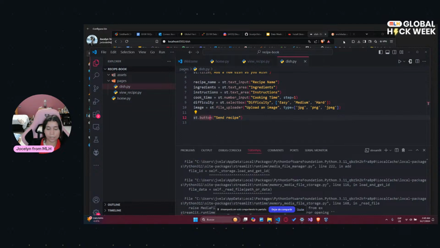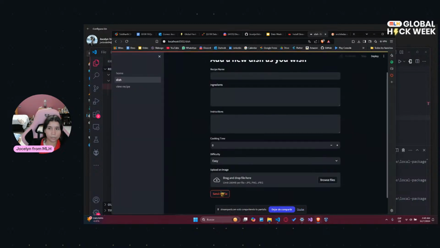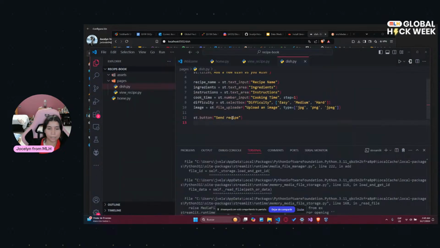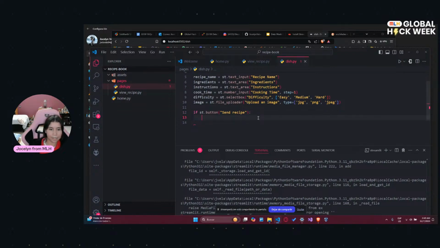So in here I just have a clickable button, but it doesn't do anything, right? So I actually want to check if the state of this button is true. So for that, I'll just do if st.button, it is default, the state of this. If it is clicked, then if I want to send it, and I also want to check